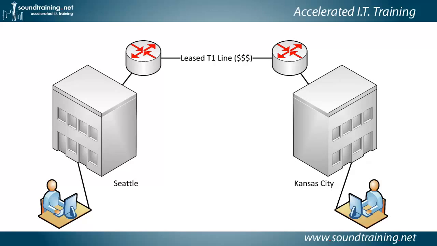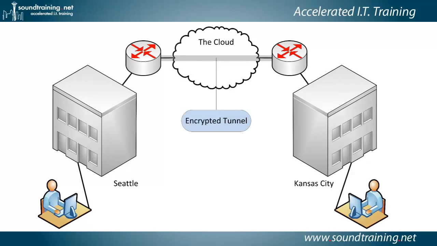What we're talking about here is a site-to-site VPN. So suppose you have an office in Seattle and another one in Kansas City. And traditionally, what you would have done in the past is you would have leased some kind of a service, maybe a T1 line running at 1.5 megabits per second and costing you a lot of money between the two cities. Well, with the advent of the public internet, we're able to take advantage of the public internet infrastructure and